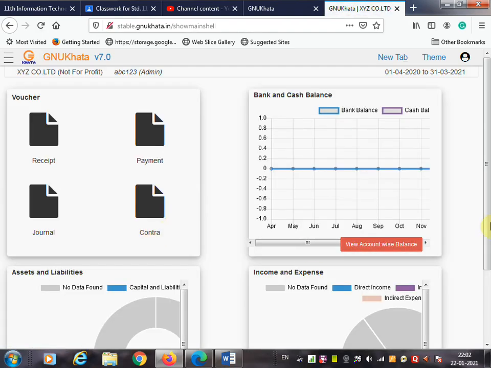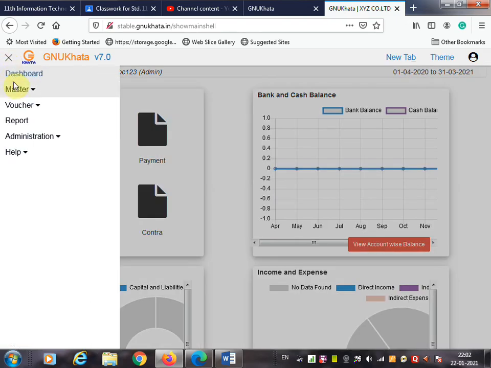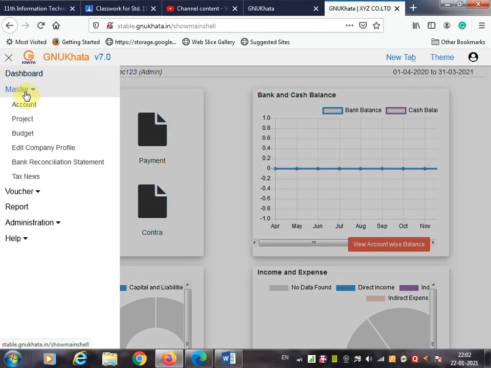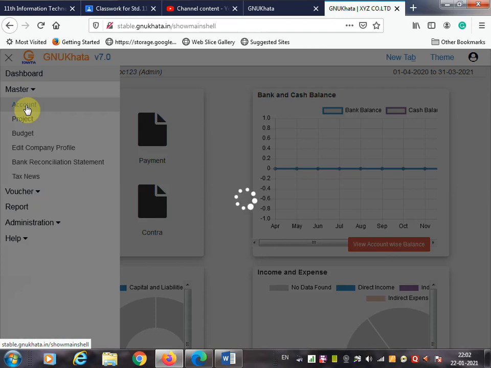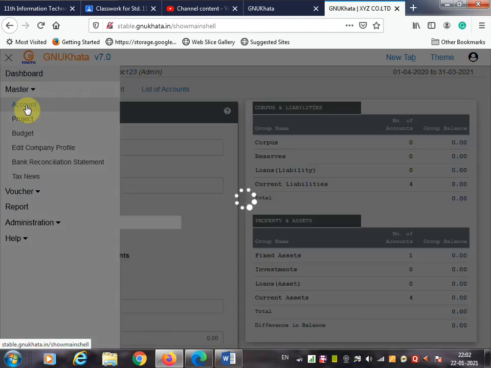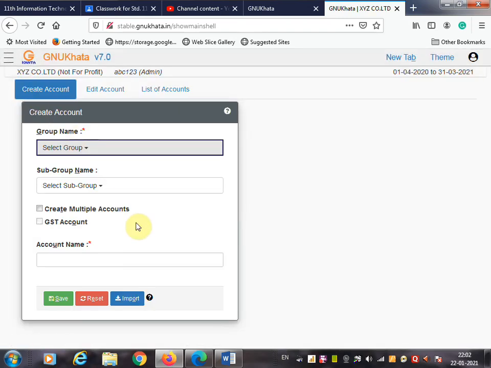Once it is open, you have to click on these 3 lines, means your dashboard. Dashboard will come, and then click on master. Under the master menu, you have to click on account. Once you click on account, you will see the create account screen.